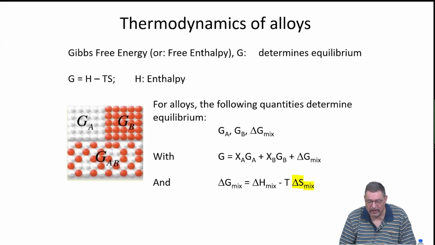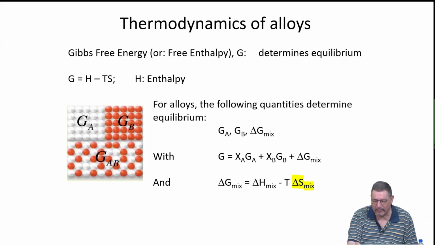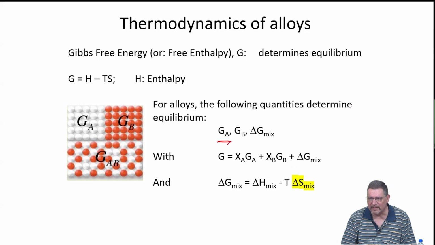So we need to take into account different quantities if we do mix a statistically significant number of atoms, because we basically have a significant number of atoms of A type, and they have the free enthalpy of the pure A state, the same for the B, and then we have this important mixing term. And when we think of high entropy systems, we really do think of the mixing excess terms. Excess means excess over the mechanical mixture.